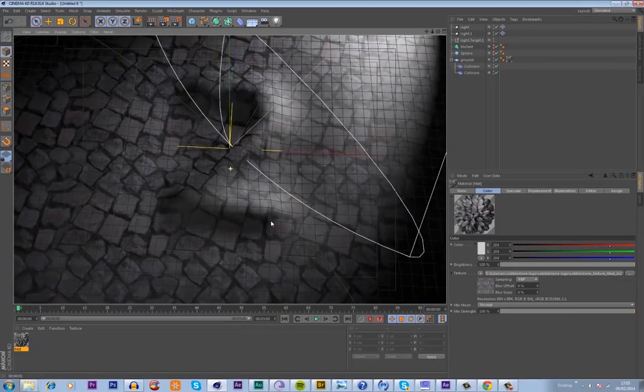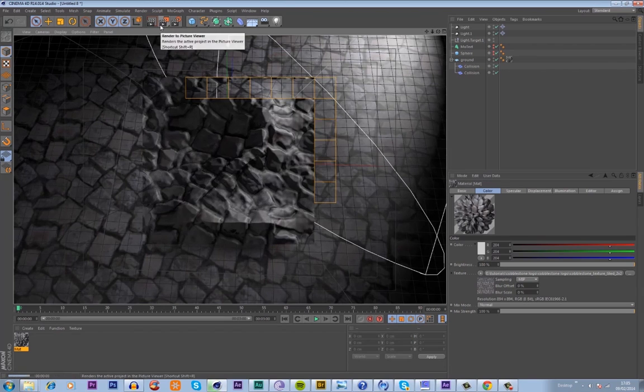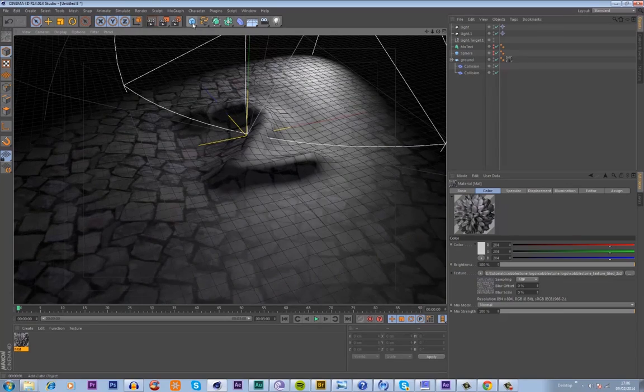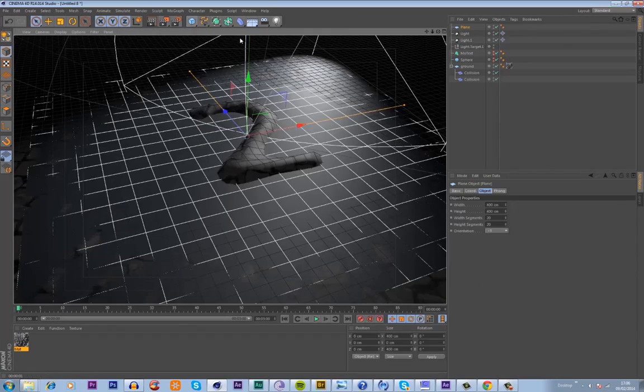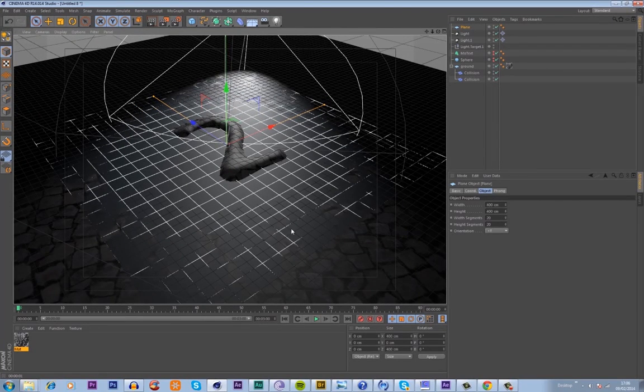I'm going to look at this from roughly what my final frame is going to be like, so from above, and we can just about make out where the logo is here, but it's not separate enough from the background. The rest of the stuff we're not interested in. So what I'm going to do here is insert a second plane object, and this is going to be our water. So if I just make this the same size as the original plane, so 1000 by 1000,